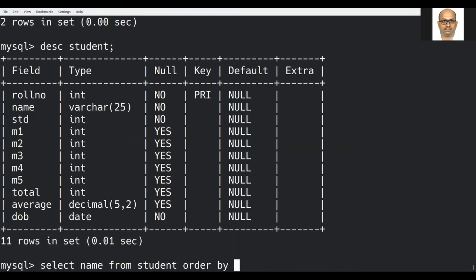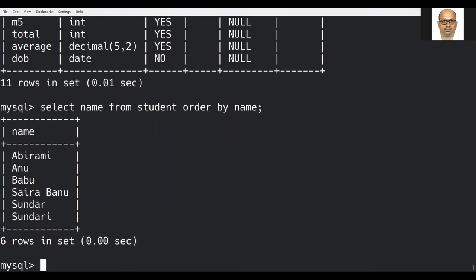Select name from student, order by. This command order by sorts the records by a particular column name. If I give like this, by default it sorts the given records in ascending order.